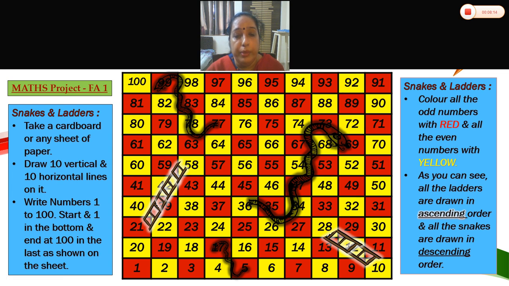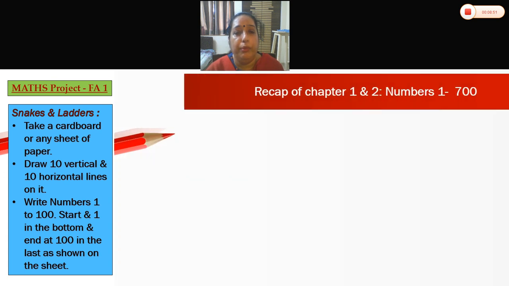All are going to submit this project after reopening the school. We have learned two concepts today, that is odd numbers with the red color, yellow color with even numbers, and showing the snakes for descending order and ladders for ascending numbers. You have learned two concepts using this project. Do you like the project? Yes. We will play a game after preparing the project.